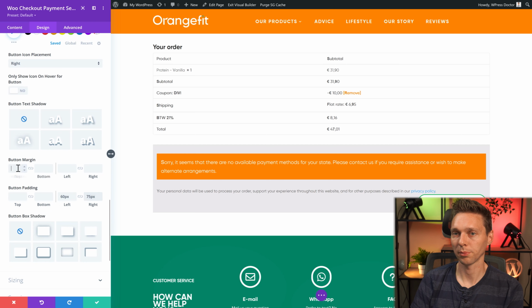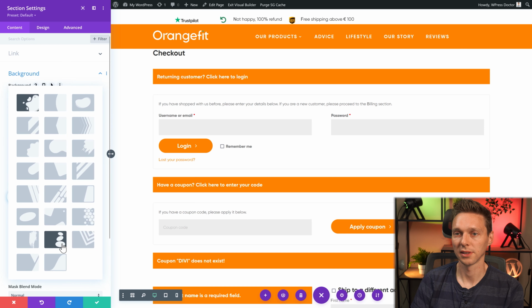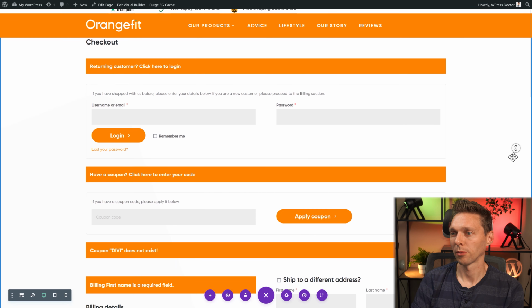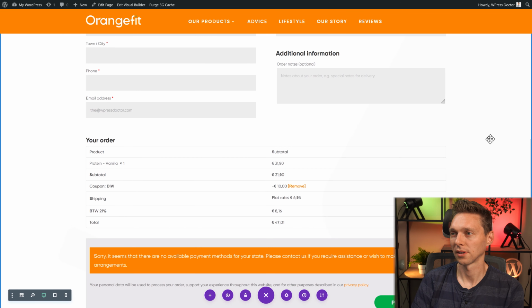We go to the settings of the section, we go to the background, and we're gonna add our beautiful mask. Or maybe you have another mask, or maybe you just want to do something else. That's okay. And then we're gonna invert it so that we change it a little bit so that we have all these details, but it's really hard to see. But it's a nice cool effect over there.